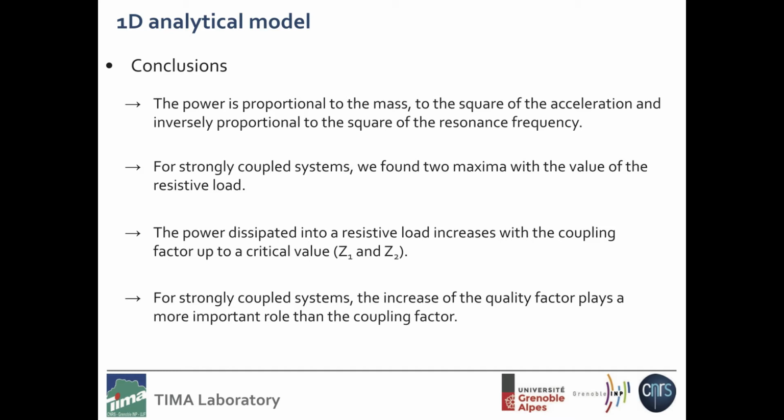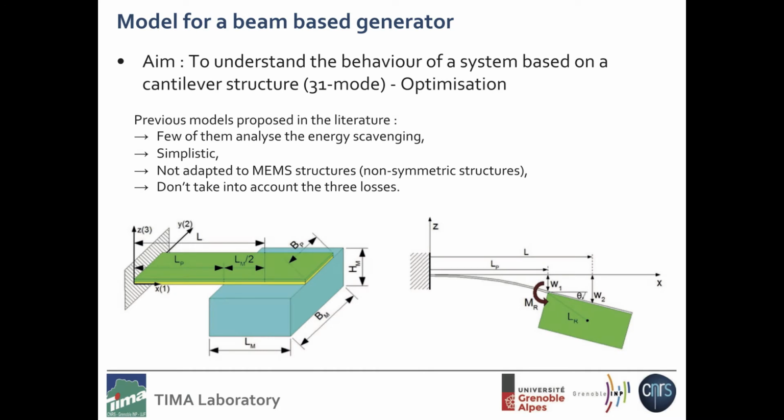Okay, so we did this first work, and afterwards we started the modeling of the cantilever beam. In the literature in 2003-04, the proposed models were few, and few of them were devoted to energy scavenging. They were typically simplistic, without losses. The beams were straight beams, sometimes with no mass on the tip. So the models were not adapted to MEMS structures because